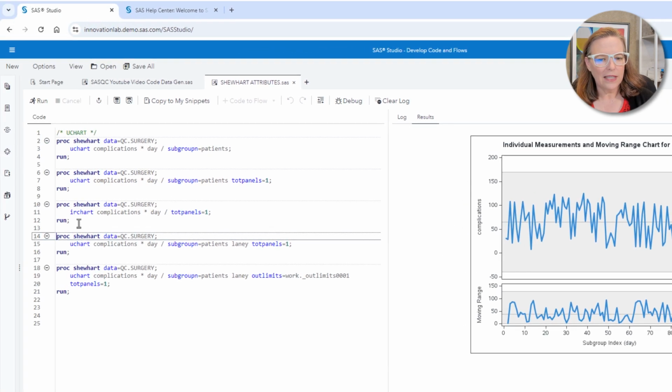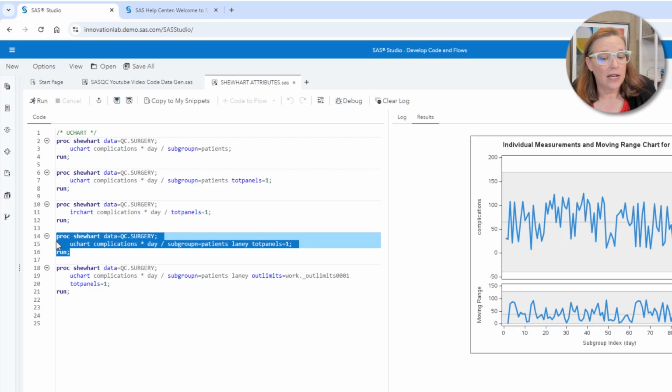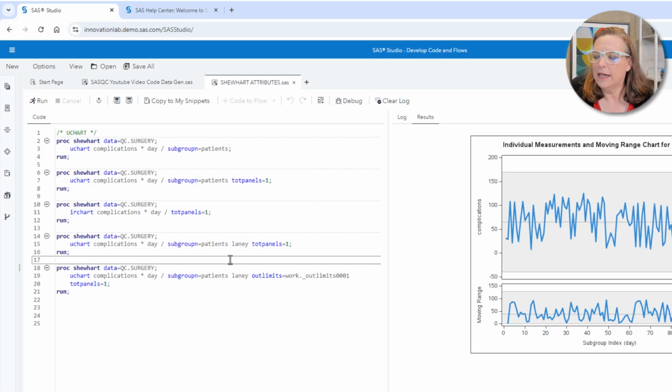I'm going to modify the code for this analysis. You can see here what we've got is the U chart statement, but I've added in this option right here, Laney, the Laney option. It's just a single keyword. David Laney has published several papers. You can check it out down in the description below, where there are these adjustments that can be made to these kind of limits so that they accommodate this sampling variability under the very large counts that we're seeing here with the attribute distributions.